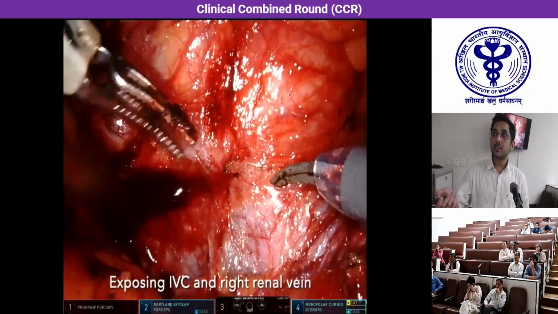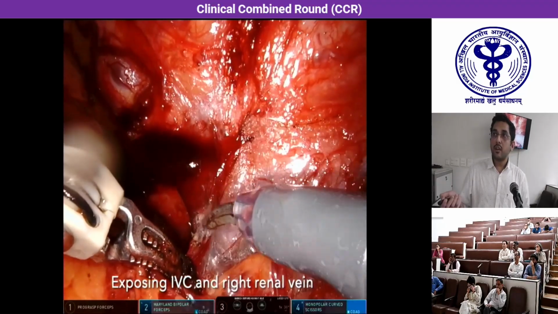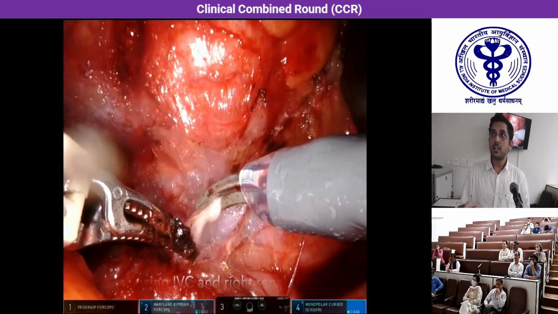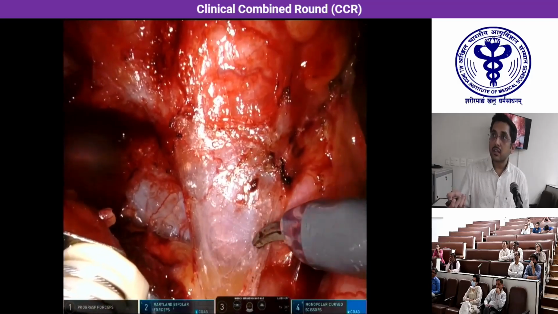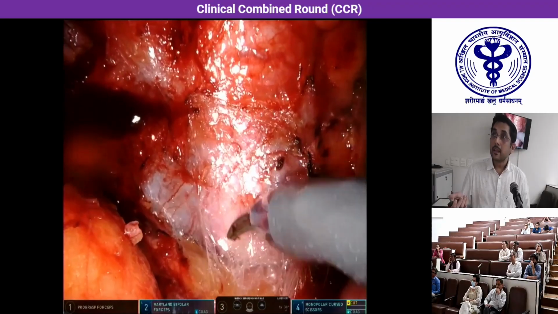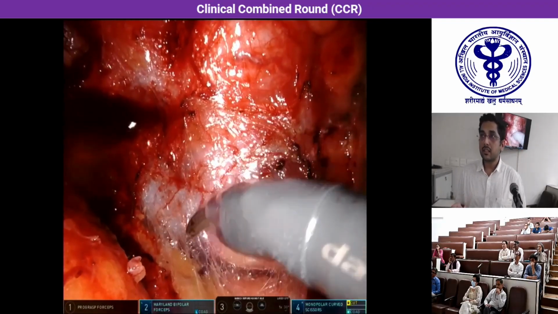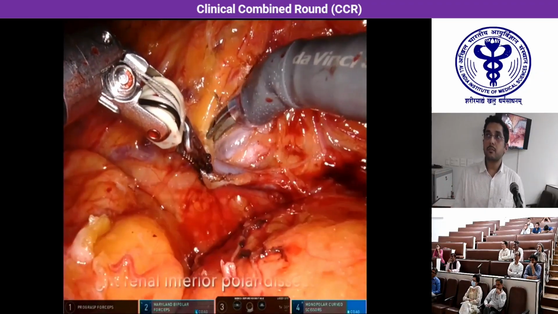is. You can see such an avascular loose areolar tissue over the IVC. We have to expose the IVC in its length, cranially, caudally, and medially. Now just here, you can see a glance of a tumor thrombus within the IVC. So we mobilize the IVC in all these directions, cranially, caudally, and medially,